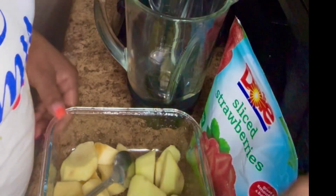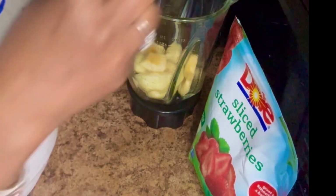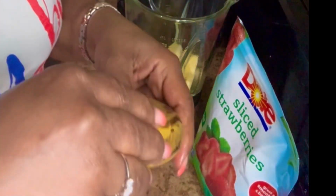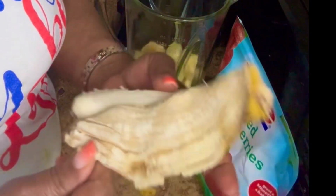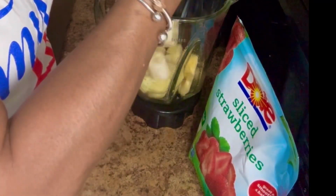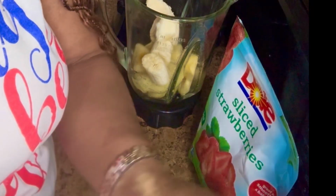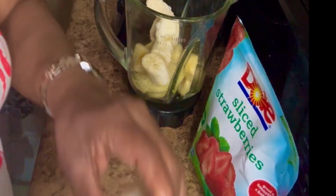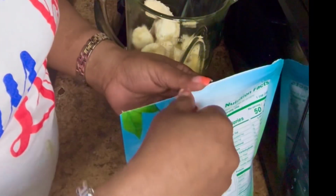Yes, so I'm gonna get started by adding the apple. Take a blender, peeled apple. Banana to the blender. Banana not so wonderful today, but yeah, gonna get going anyways. So I'm using 1.5 banana, half of the other one not good,